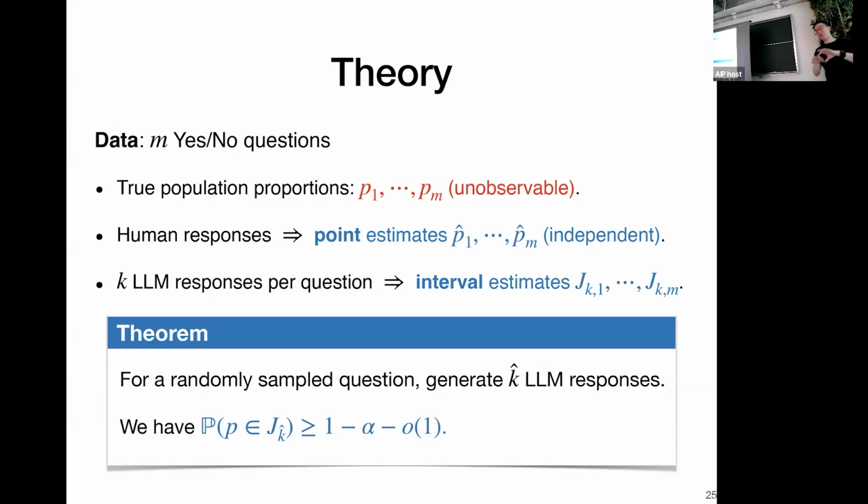Exactly. If you have heterogeneity among the questions, then your quote unquote optimal sample size or fidelity will vary across the questions. But here we are looking at an average case guarantee. So this coverage is not conditioned on your question. It's randomized over your question. It's similar to conformal inference. You cannot make a conditional coverage guarantee, but you can have an average marginal coverage guarantee.